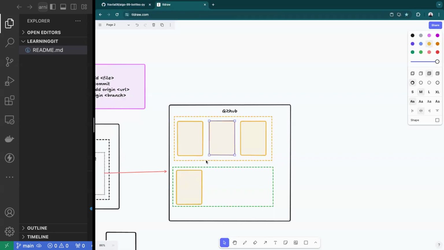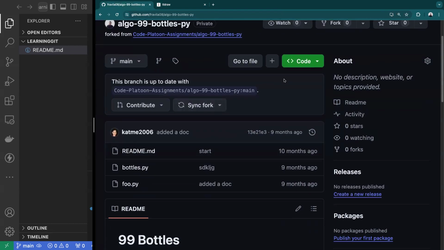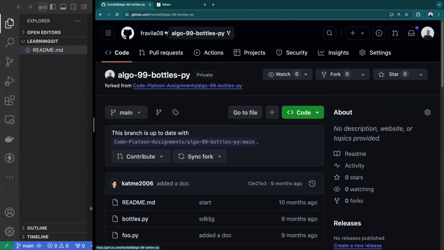So I forked the repository, but it's always going to continue looking at its parent repo for any updates. So that's where this syncing comes into place. It tells me, hey, this is what's going on there. If any update were to happen to this assignment, which